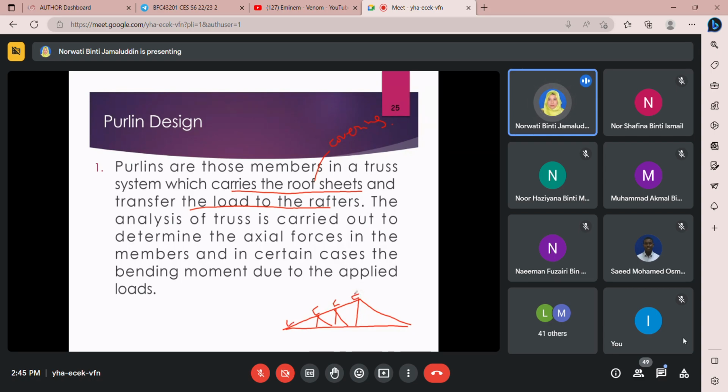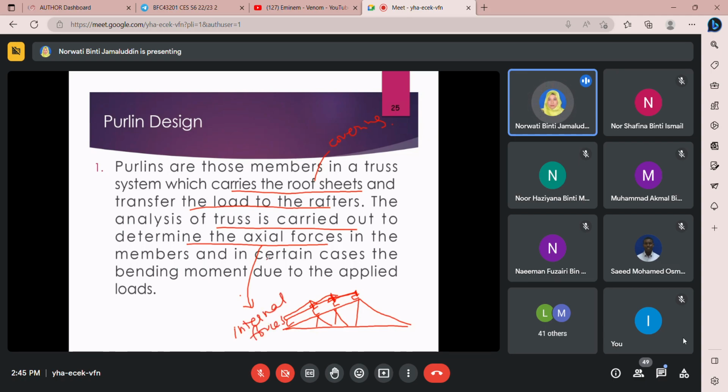And then this is where you accommodate the roofing system. You will tie the roofing system to the purlin. That means the purlin will support the load from the roof, and then the purlin will transfer it to the truss, another truss member. The analysis of truss is carried out to determine axial force, or I always say internal forces,